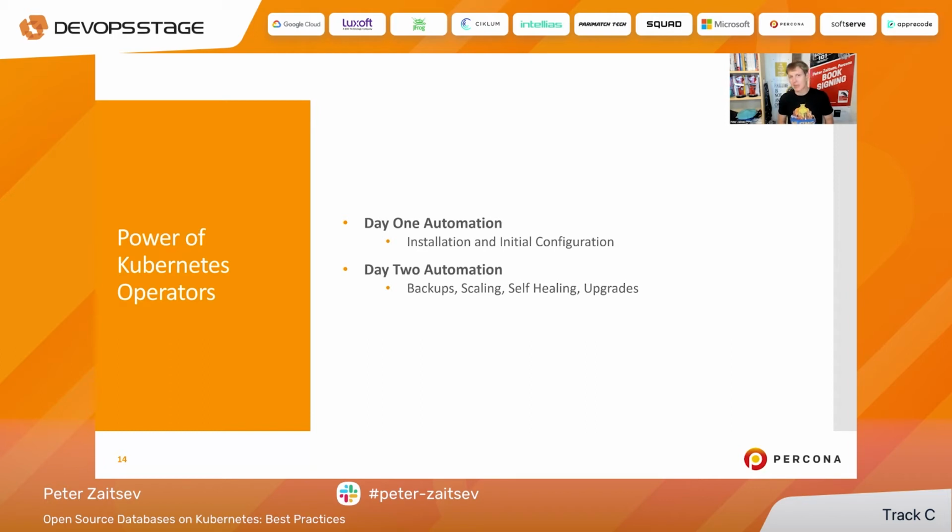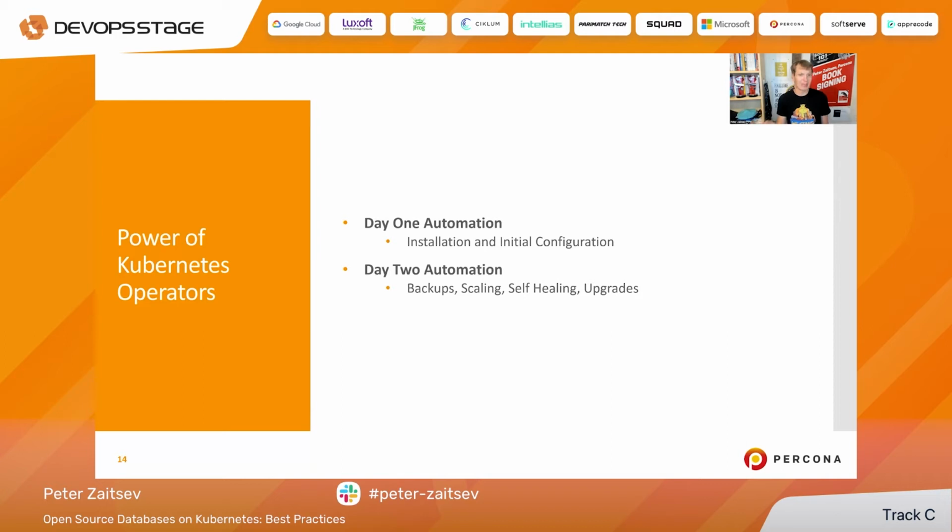And you think about the Kubernetes operators, they are really focused, of course, on a lot of automation. And I think what is important, though, is this automation is both day one automation and day two automation. Now, day one automation is what a lot of people who are just playing with this stuff are really focused on. Oh, look at that. I can deploy a 5-node cluster with just one command of kubectl apply. That is wonderful. But it is also relatively trivial, because what is really complicated is all the things happening